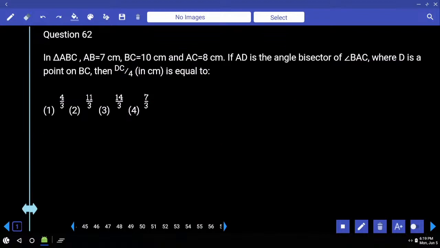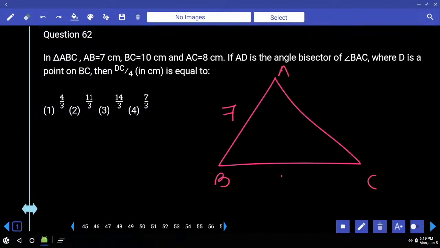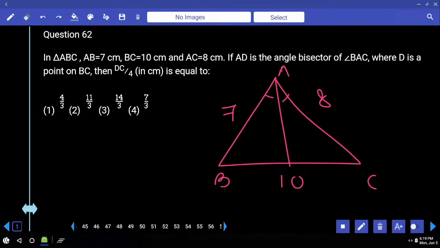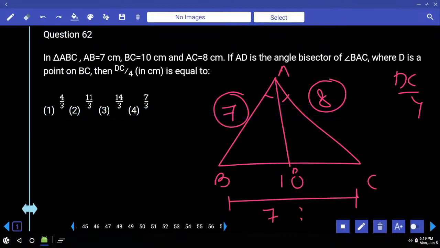In triangle ABC, AB is equal to 7 cm, BC 10 cm, AC 8 cm. AD is the angle bisector. We know the rule: AB by AC equal to BD by DC, where D is on BC. Find DC by 4. Actually, this length will be separated in the ratio 7:8. So therefore DC is nothing but 8 parts out of